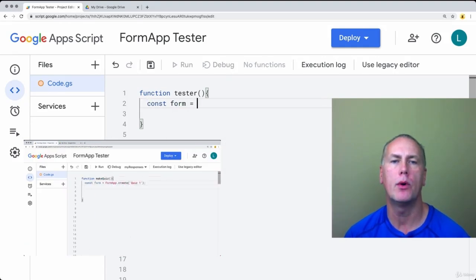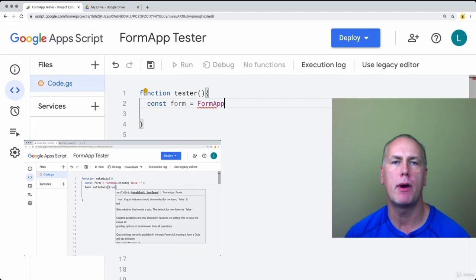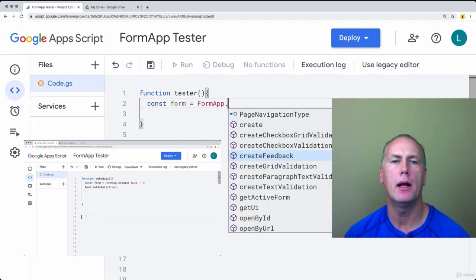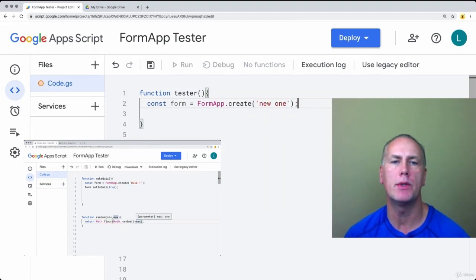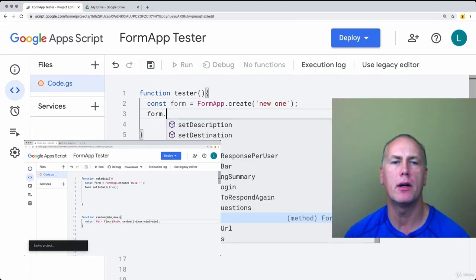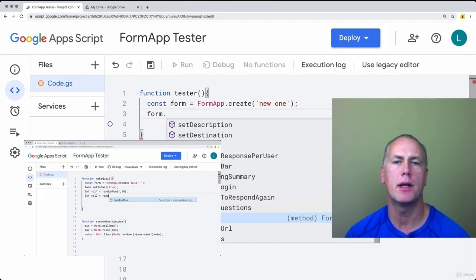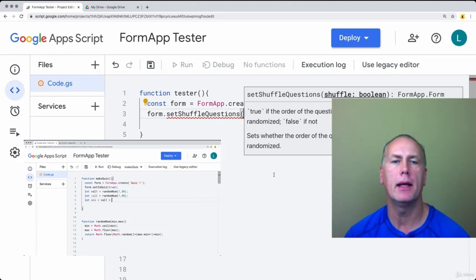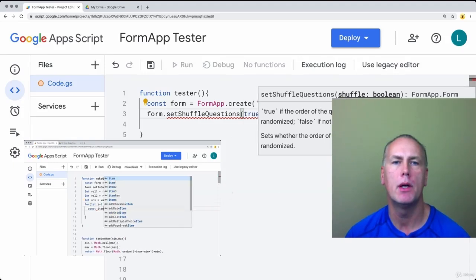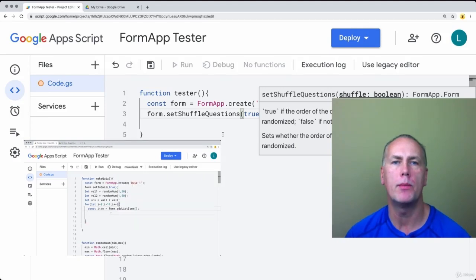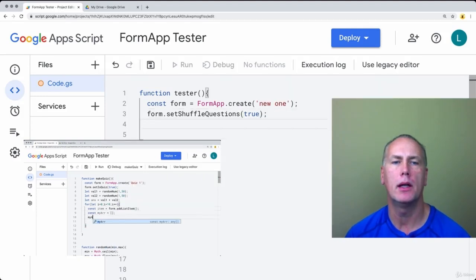So creating a form, and how you can create a form from scratch, all using Google Apps Script. Add items into the form: grid items, multiple choice items, date items, and the various different types of elements that are available. How we can get the items, we can update items within the form, update existing items with new values, and make them required, set up some settings and parameters, adding in items from the form, and also how we can set the feedback for the form, adding and setting the form to be a quiz as well, getting the form